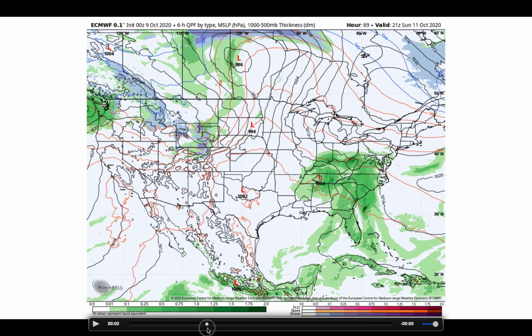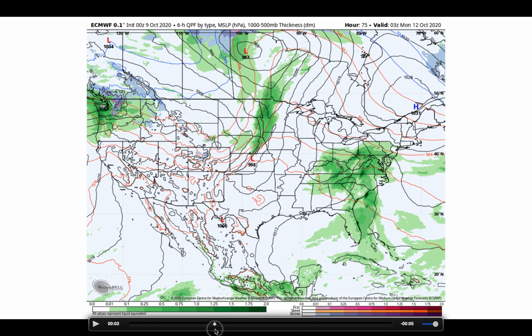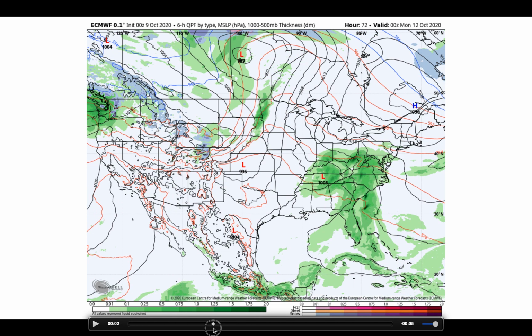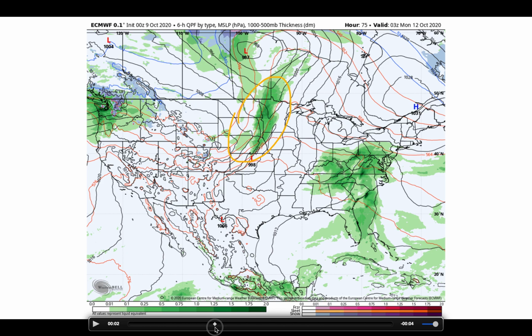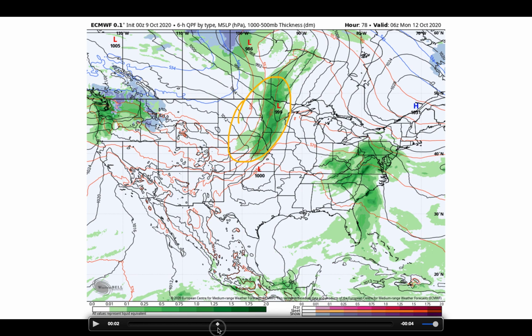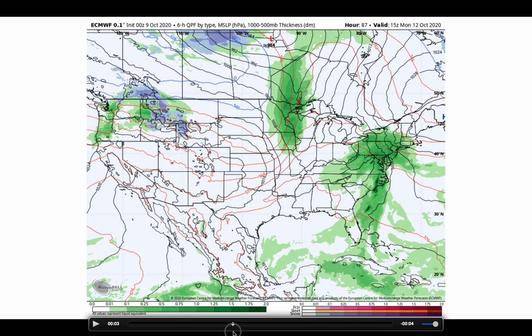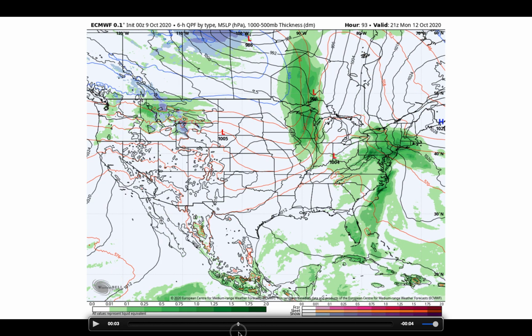Here comes our big storm system across the northern plains. We'll see windy conditions on Saturday, but precipitation waits until Sunday afternoon to get going. Remember, we talked about the chance for a couple of strong storms across the northern plains, maybe northern Minnesota on Sunday afternoon, Sunday evening. And then as we get into the day on Monday, we'll see this system, this front